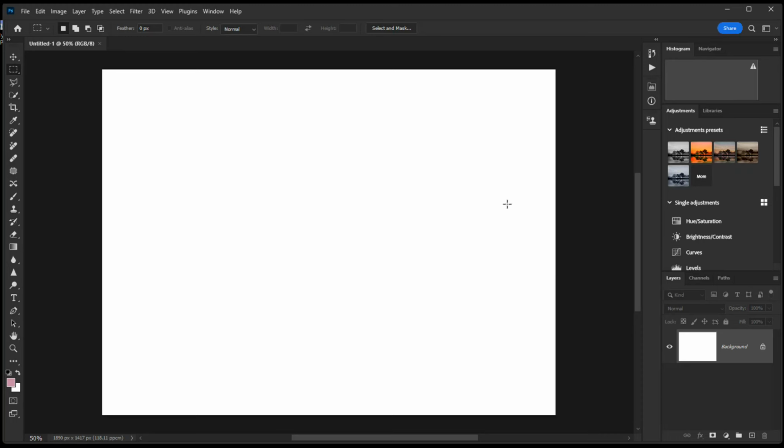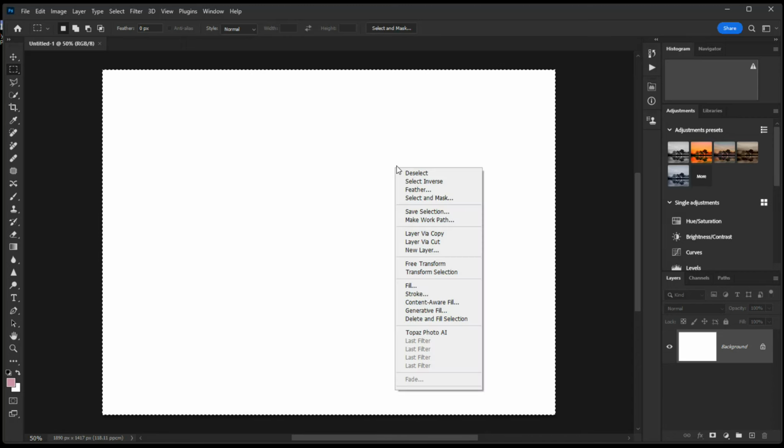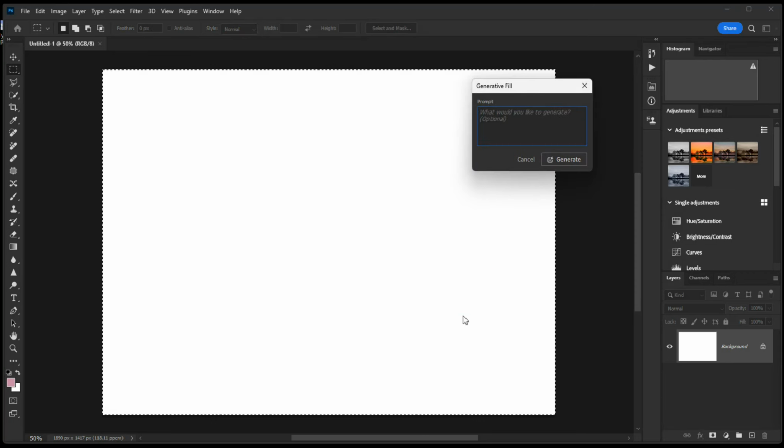If I select the whole of that, I'll just do Control A to select it all, and then if I right click on here and hit Generative Fill, I can create my own image. So I can, for example, type in seascape with rocks,